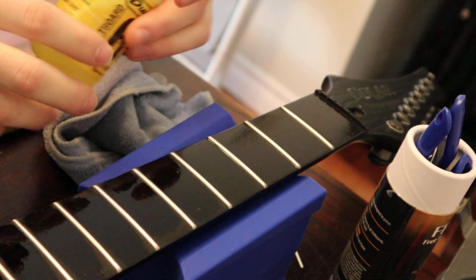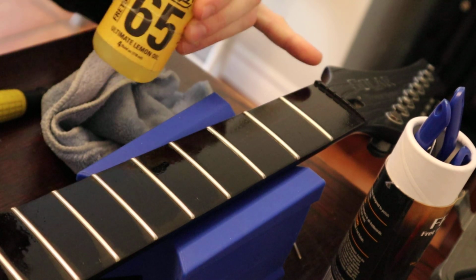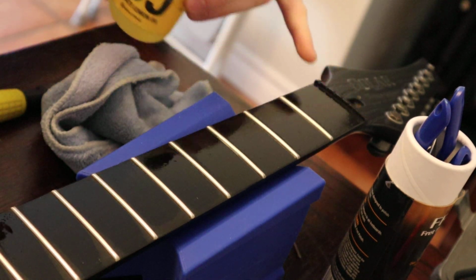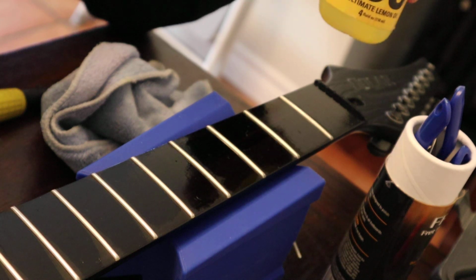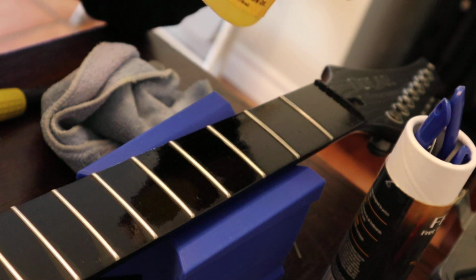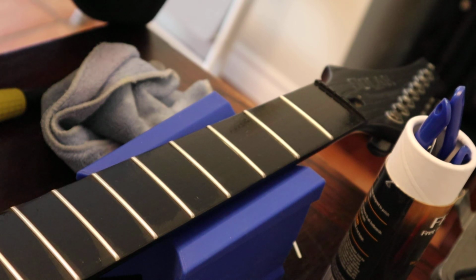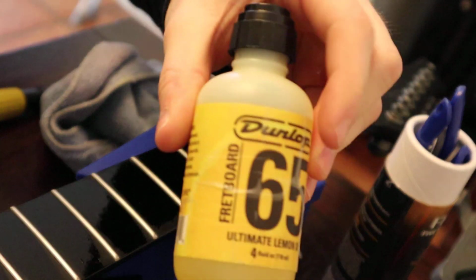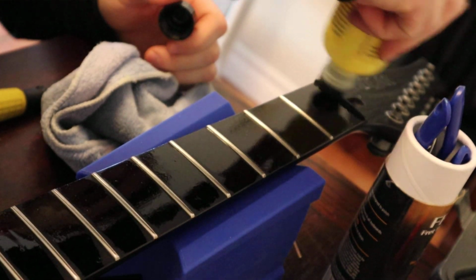Alright, let's turn our attention to the nut right here. So here's a cool way to keep your strings from slipping and help them hold tune better. Some people will go out and get this stuff called nut sauce, and I haven't seen it at most music stores. Even in Vancouver, where I am, I haven't seen it in some of the bigger stores. So what you can do is get some fretboard oil, just lightly dab it